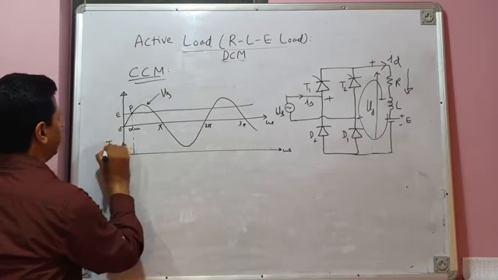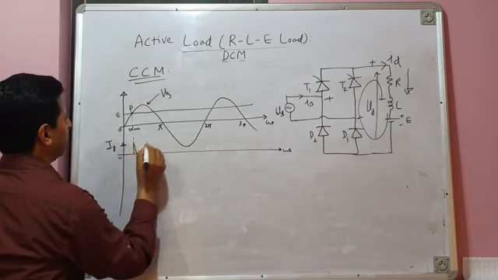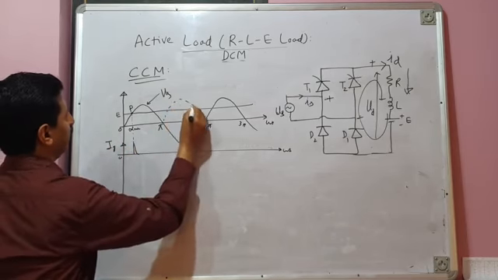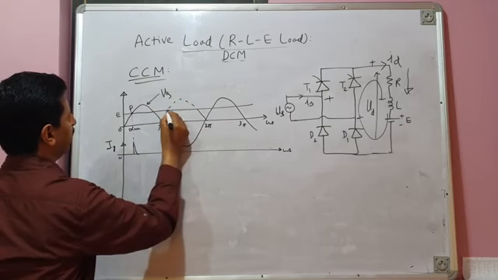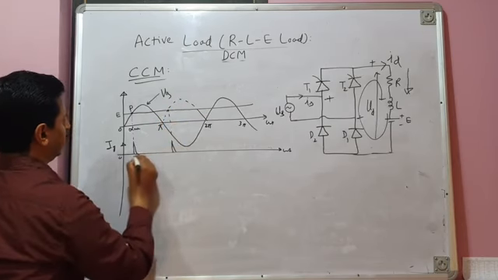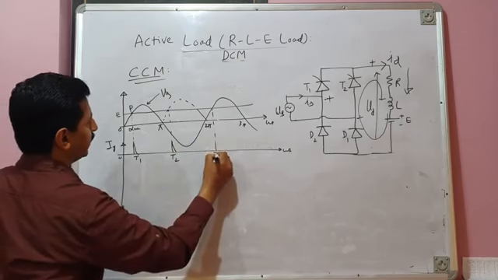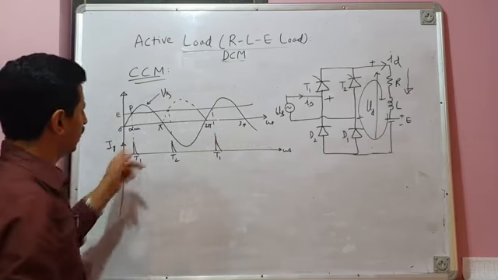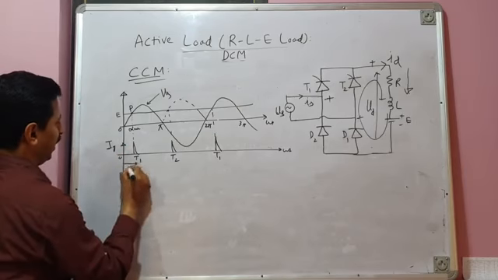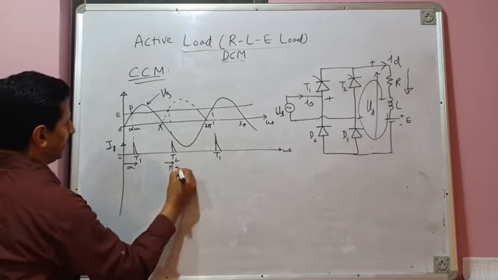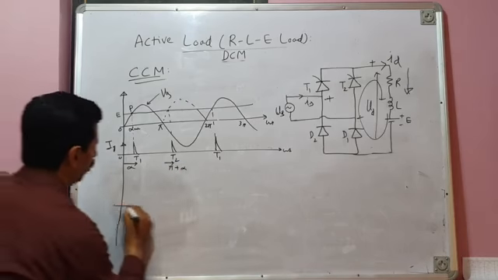Let us issue the first firing pulse. I am now showing the gating current pattern. The first firing pulse is issued here. The next firing pulse is issued here. Here thyristor T1 is fired. Here thyristor T2 is fired. Here again thyristor T1 is fired, and so on. So this is the firing pulse pattern. So this is alpha. This instant is pi plus alpha, and so on. Now let me show you the load voltage and load current.